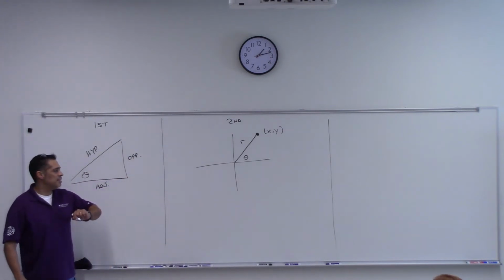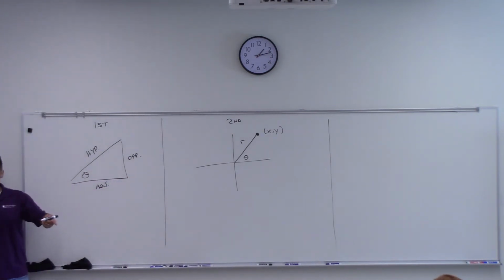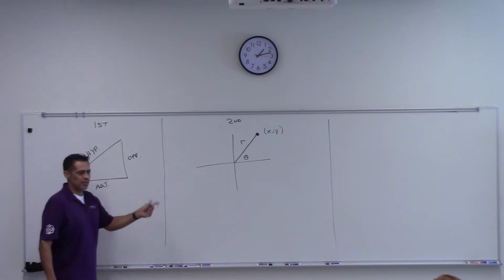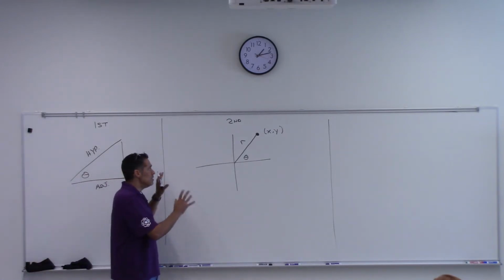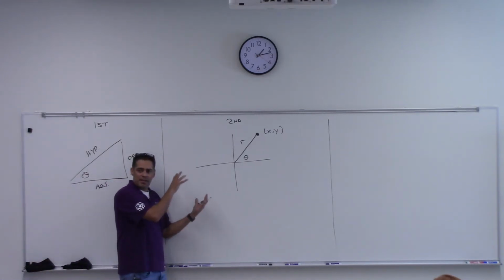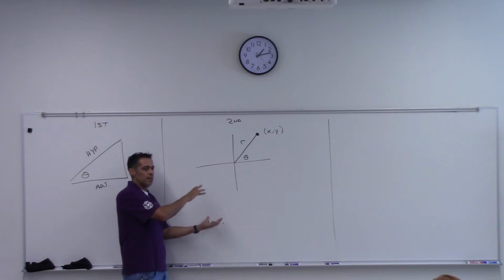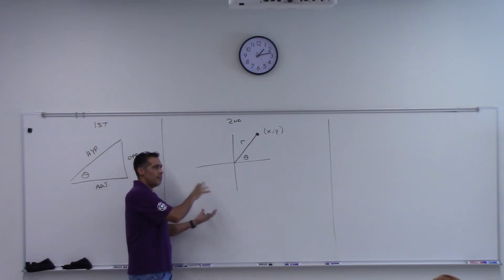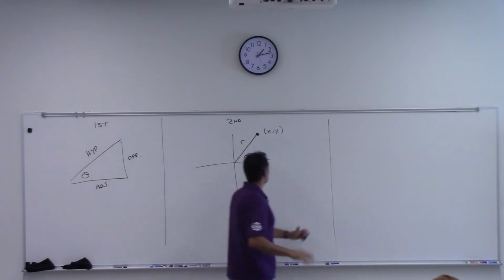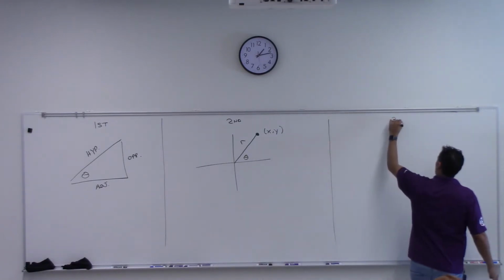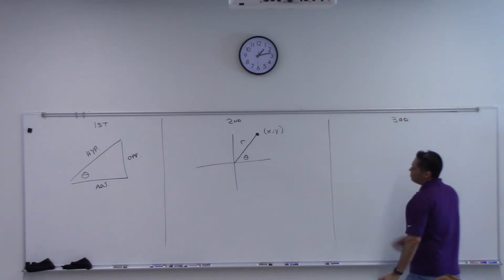Cosine of theta is x over r. Tangent of theta is y over x. Okay, and then all the reciprocals. So this was good. This is actually like the most general, most powerful formulas or equations for the trig functions. The third one, though, what we did is we said, well, this point can be anywhere,